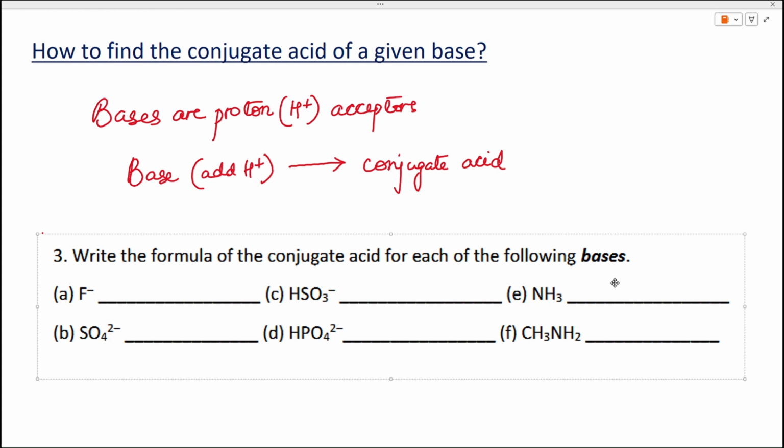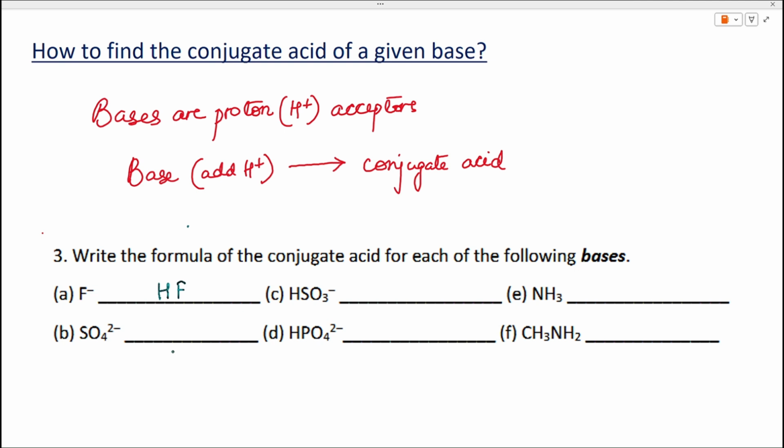Let us try out a few examples to understand this better. The question says, write the formula of the conjugate acid for each of the following bases. Because the bases are given to us, we just need to add an H positive. So for the first one, it's F negative. If we add H positive, it will make HF,